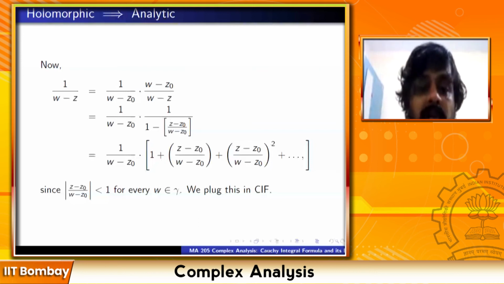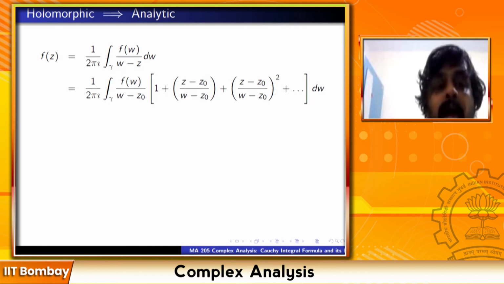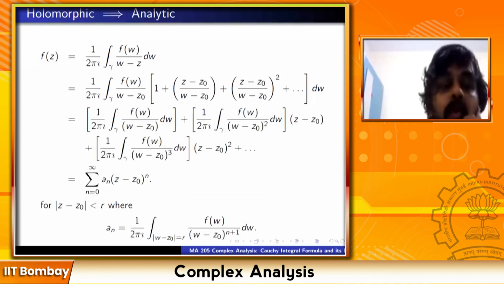So let us plug this into the Cauchy integral formula. f(z) is equal to 1 upon 2 pi i integral of f(w) dw by (w minus z). So this is 1 upon 2 pi i integral of f(w) upon (w minus z naught) times... this 1 upon (w minus z) I am rearranging as 1 upon (w minus z naught) outside, and then this summation of ((z minus z naught) upon (w minus z naught)) raised to i. Just substituting 1 upon (w minus z) from before, dw,